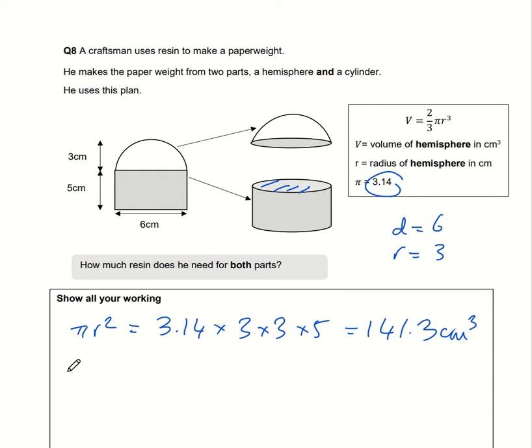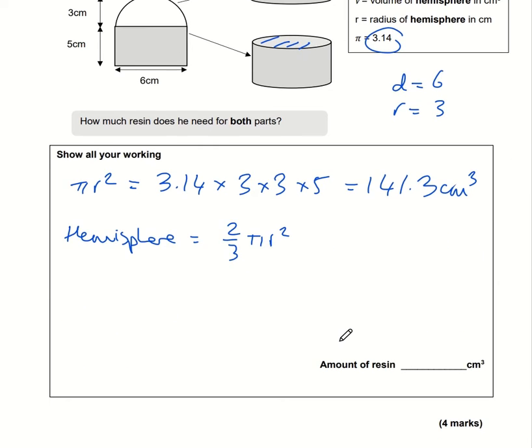And for the hemisphere, we have been given the formula, which is 2/3 pi r squared. So we just need to remember that 2/3 means 2 divided by 3 times 3.14 times the radius squared, which again is 3 times 3. Maybe you've realised that a divide by 3 and a times by 3 cancel each other out, so you can get rid of that if you want, but it's fine just to keep it in there. It's not much extra effort typing it in the calculator after all, and that comes to